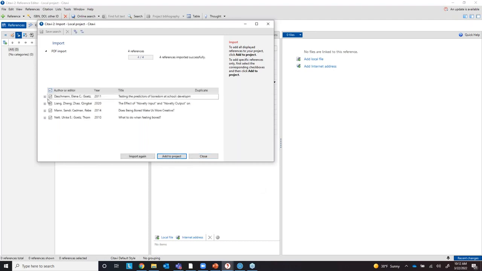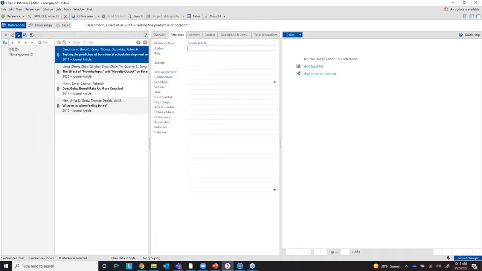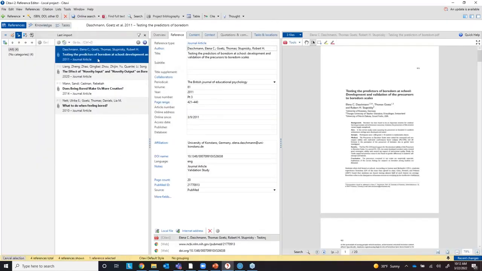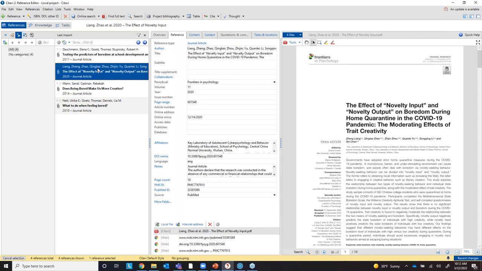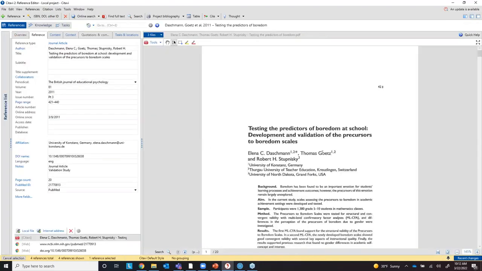Okay, so I'll click on all and add to my project. It will bring in the keywords that are part of the articles too. And you can see now I have all the articles, so I can go between them. And I can start to read them. So I can change my view if I want to make it a little smaller here, or make it easier for me to read the article. So I can start reading this article,